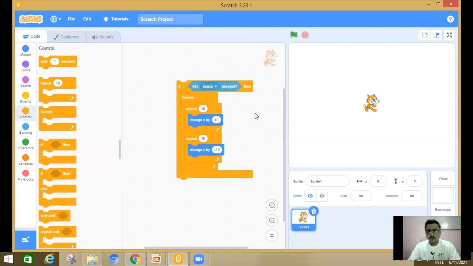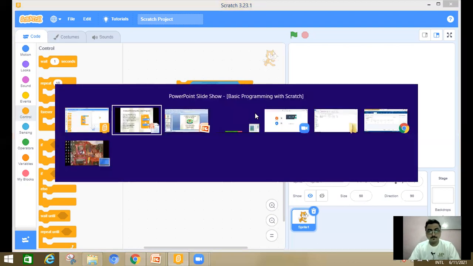Somehow the key is not taken by the program, but the idea is the same. Okay.